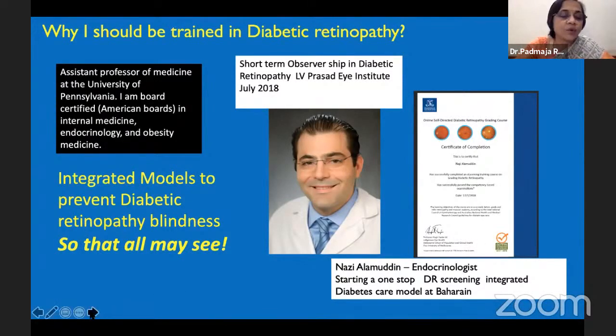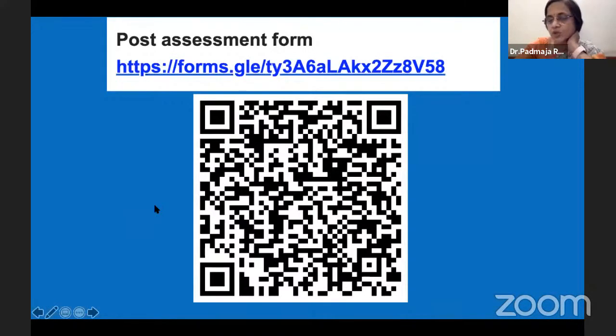And this is the post assessment. Many of you, we have actually given a pre-assessment form. This post assessment form, I would like all of you to go through, because all the panelists have touched upon the topics related to the post assessment. Once you do this post assessment form, you will also get the answers for the questions. This is also to have a knowledge of whatever you have undergone in this workshop. So please access this form, and we'll also be sending it as a mailer for you, and I'll also be putting this link in the chat box.